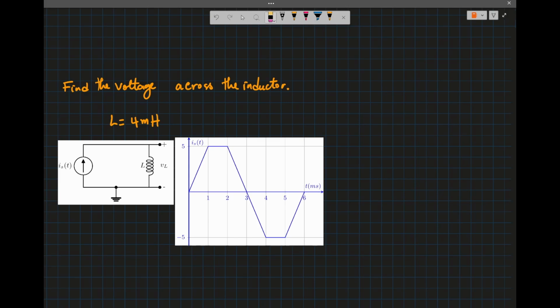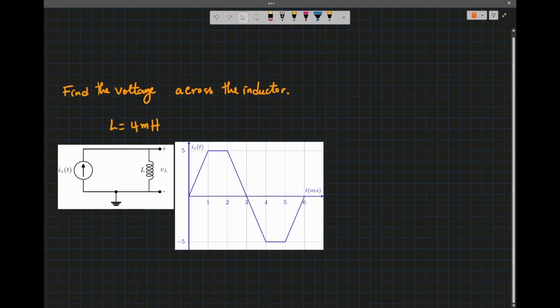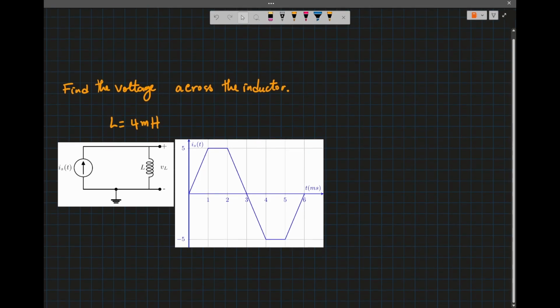So we know that the current through an inductor cannot have discontinuities, right? If you look at one of my previous videos, where we talked about the voltage across an inductor and the current through the inductor, and similarly for a capacitor, we learned how to